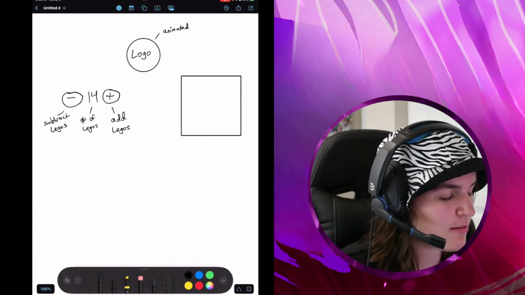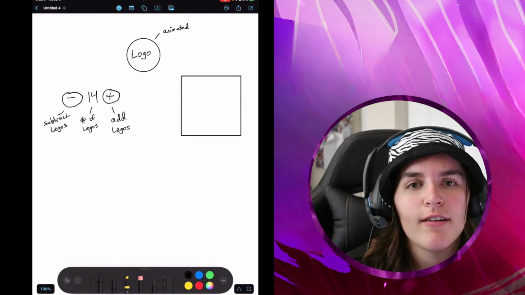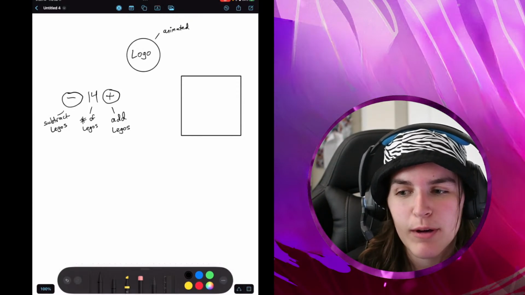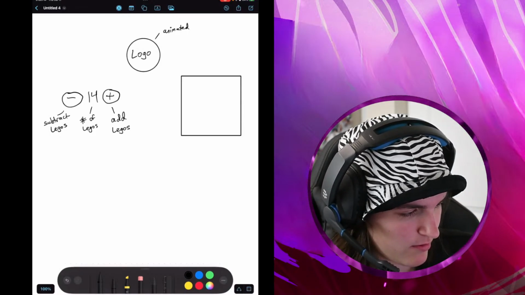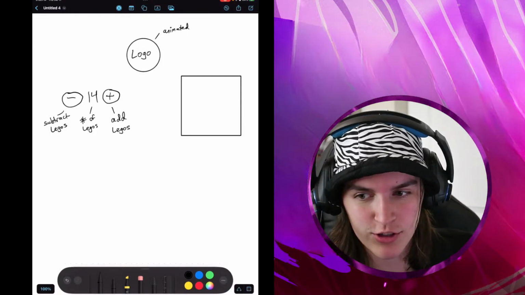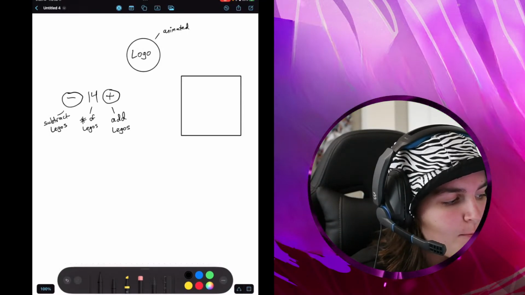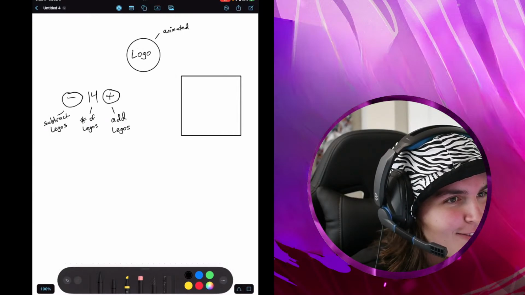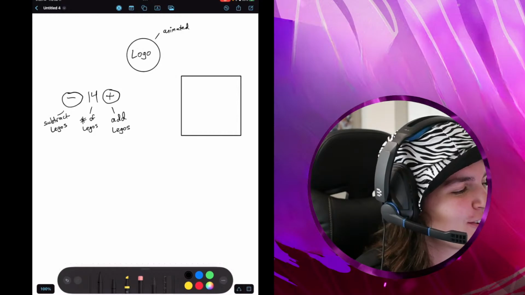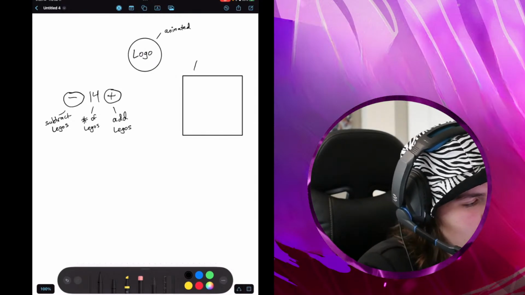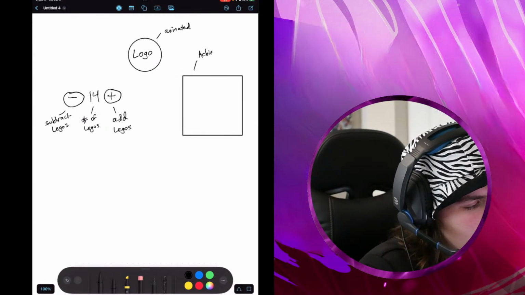So one idea that I have is some kind of effect when I get a certain amount of Legos. Because first of all, this honestly looks pretty easy. I don't think I'm gonna have many difficulties adding the counter feature itself. But I want a badge or achievement feature. So I'll label this achievement feature.